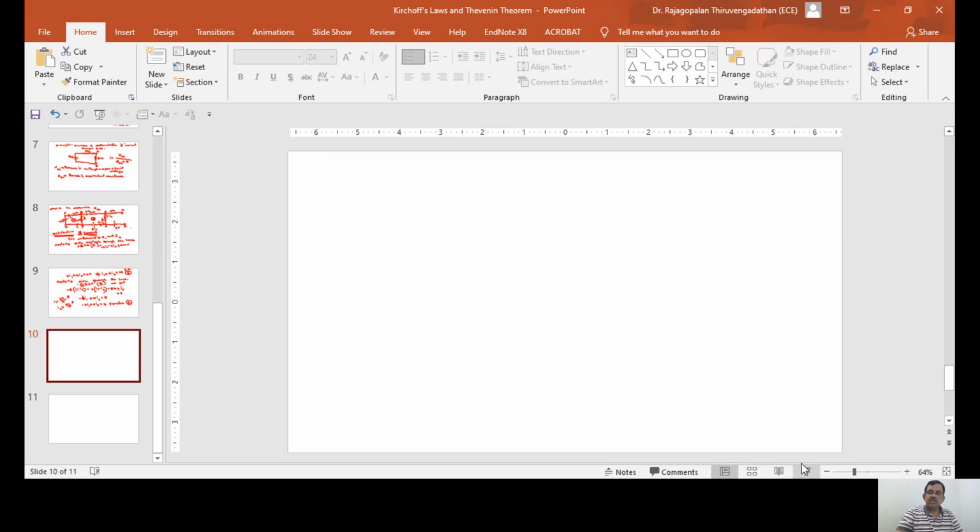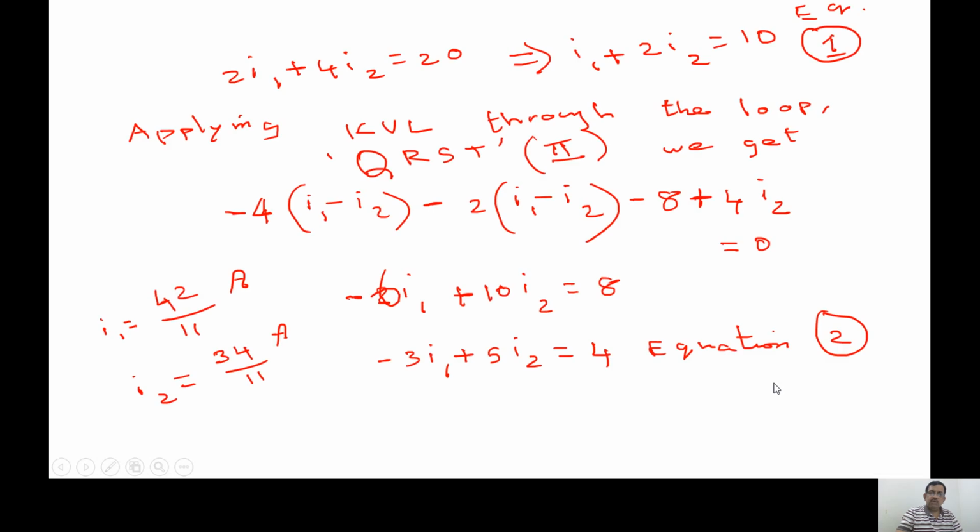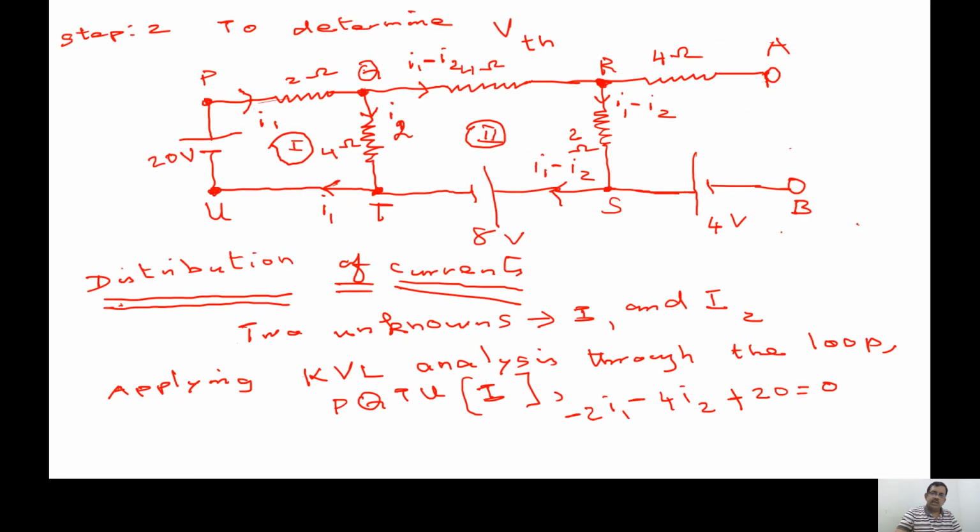Our aim is to find VTH. How do I do that? I have found what the currents are. Now, as I told you, VTH is an imaginary voltage source, Thevenin's voltage. Therefore, look at the arm or loop